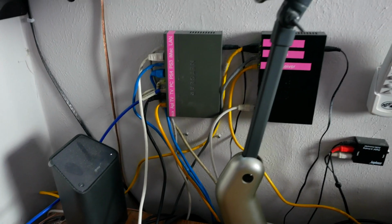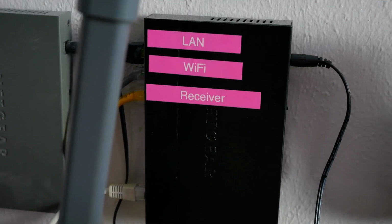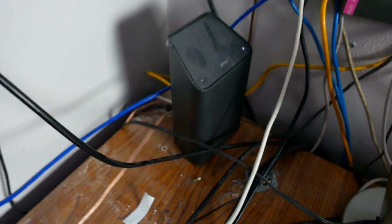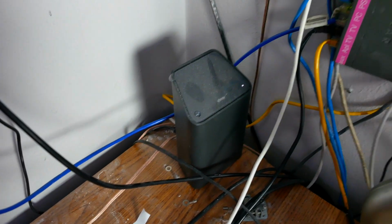Over here we have all of my network equipment. We have two 8-port switches, and they are labeled. This one's labeled a little bit better than the other one. And these are actually the exact same model number switches. Just one of them is newer, which is this one, and they changed it to black. But there is the Xfinity all-in-one modem with the Wi-Fi disabled because the Wi-Fi is actually out in the kitchen